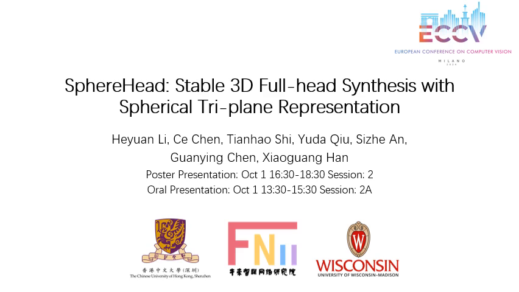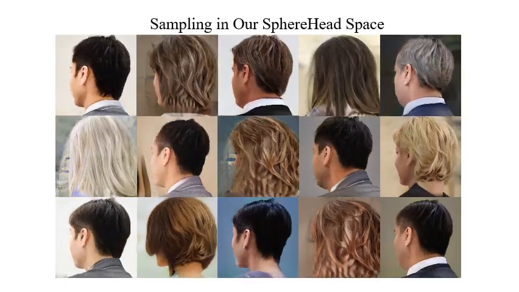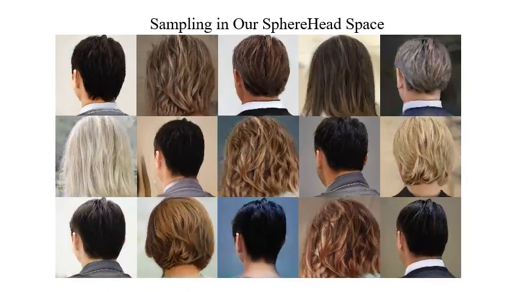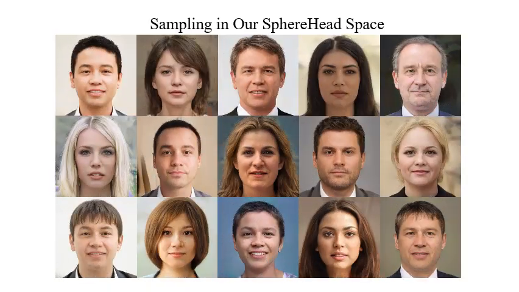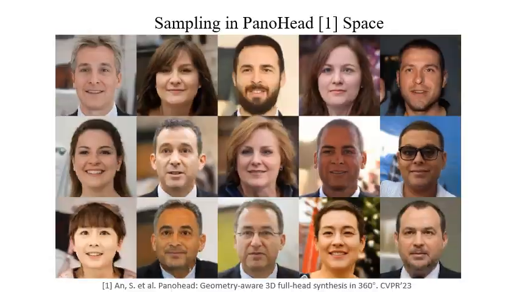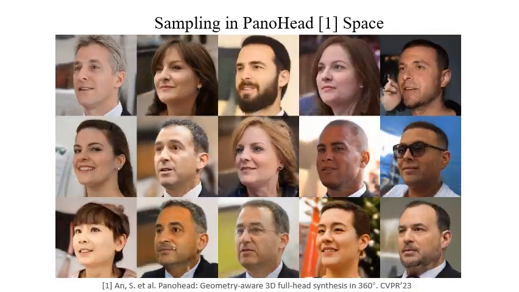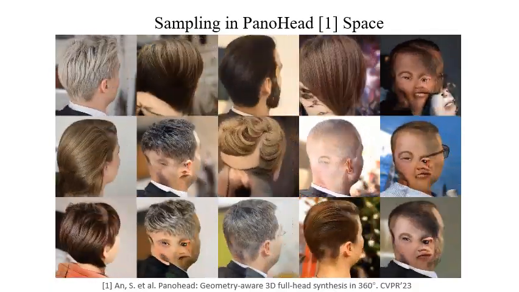Today, we're excited to introduce SphereHead, stable 3D full-head synthesis with spherical triplane representation. Our method produces realistic head images rendered from full-range views by adopting a novel spherical triplane representation and a view-image consistency loss. While existing 3D aware GANs are able to generate realistic near-frontal face images, they are still incapable of